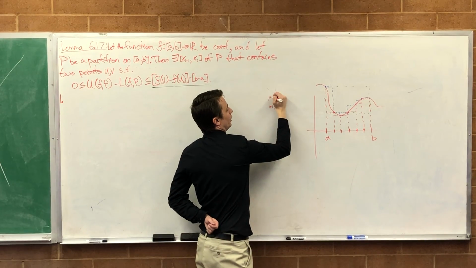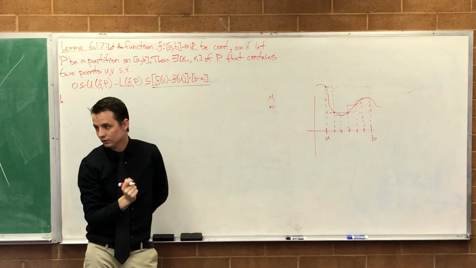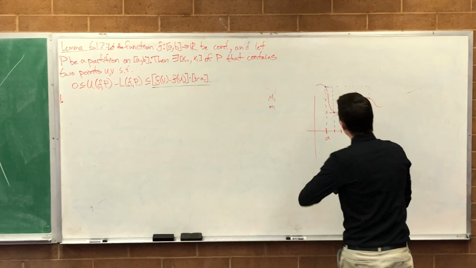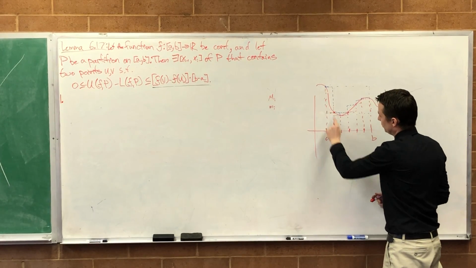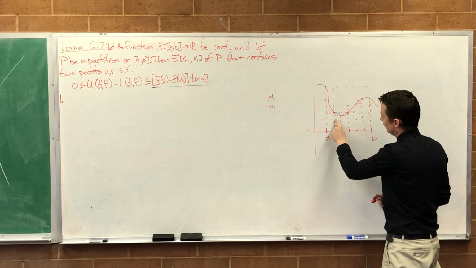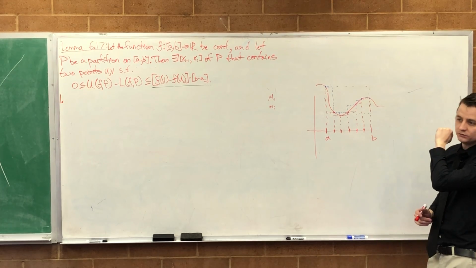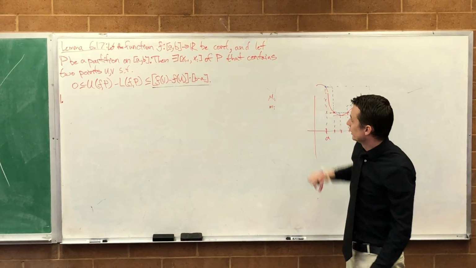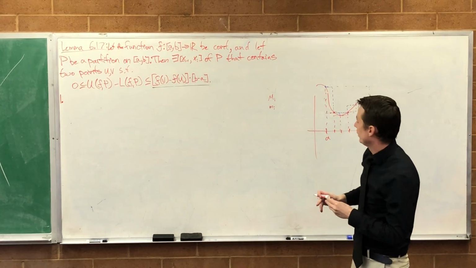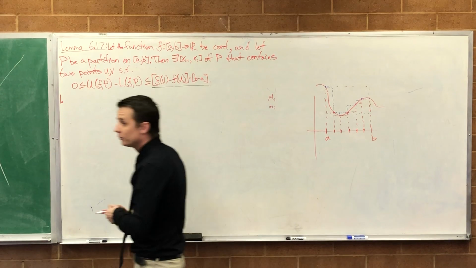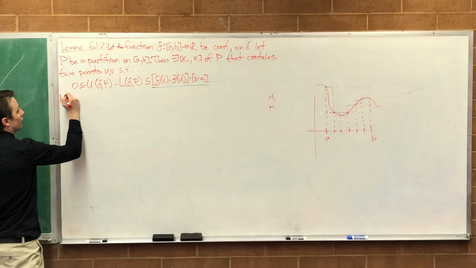And for the highest point on each interval was big M sub I. So big M sub 1 is this point, little m sub 1 is this point. Big M sub 2 is this point, little m sub 2 is this point, etc. You remember that? That's the notation that we had. So I think I'm going to want to use this to try and define how I get these points. So maybe I'll say